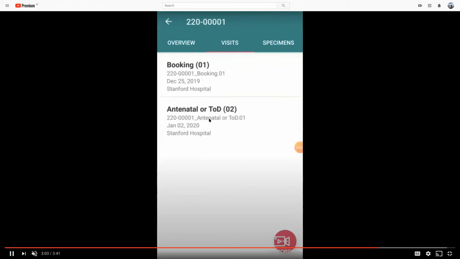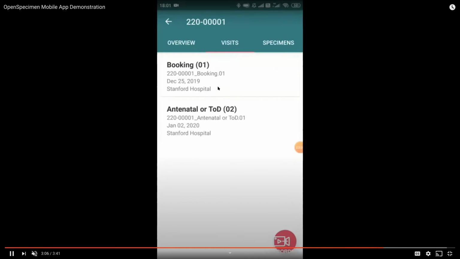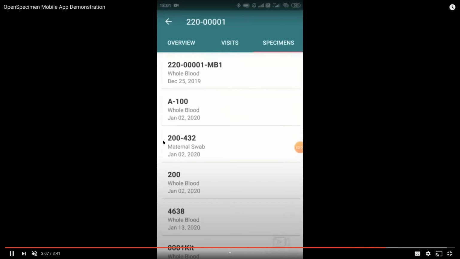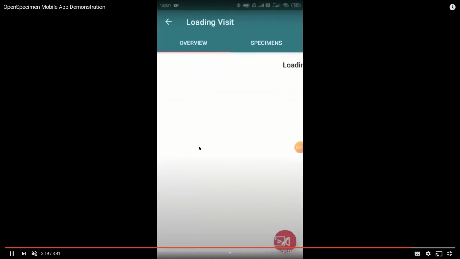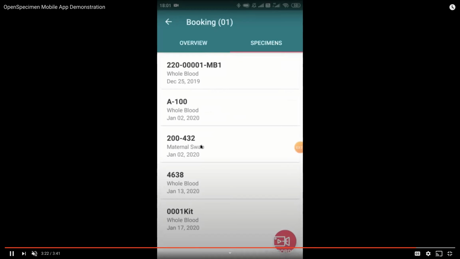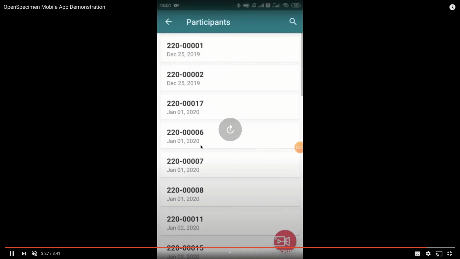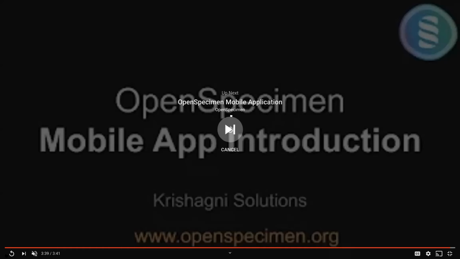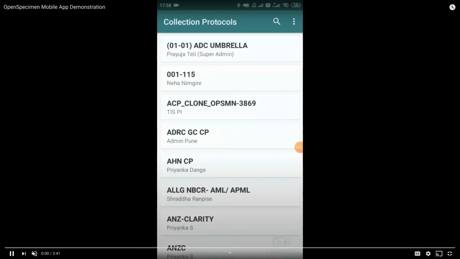Coming back to the participant, you can go back to the other pages. These are the specimens, visits, and the participant. So this is for this participant, the participant ID 220001. So yeah, that is the extent of the support for